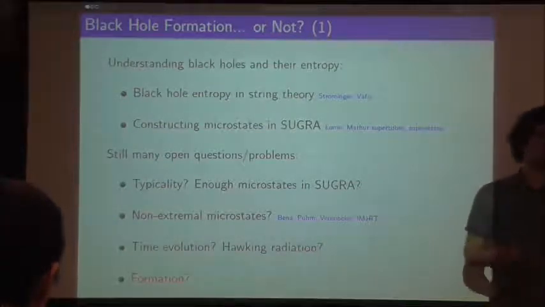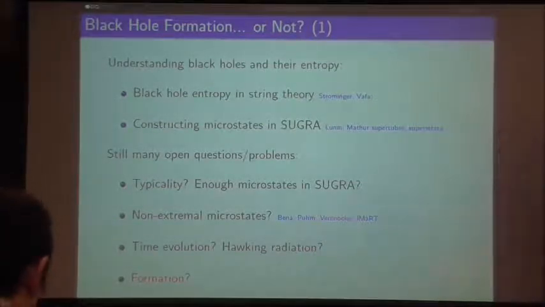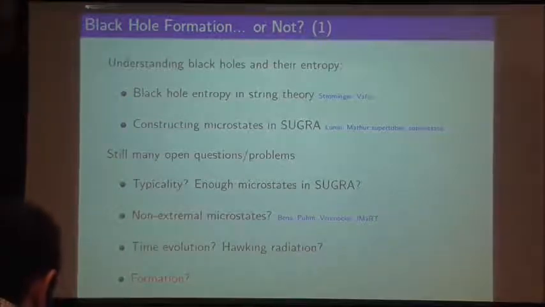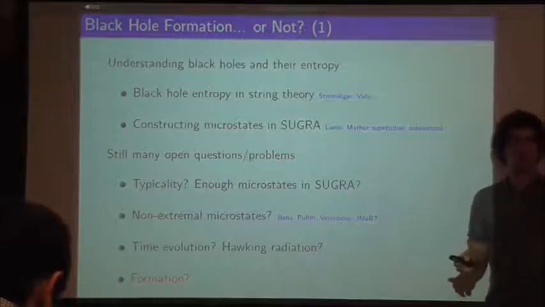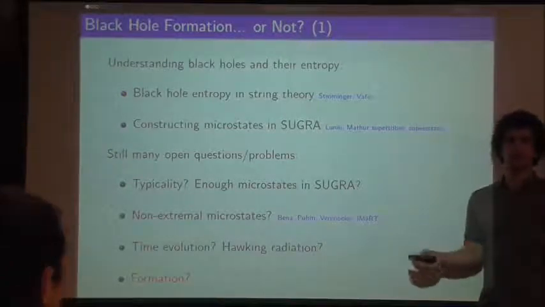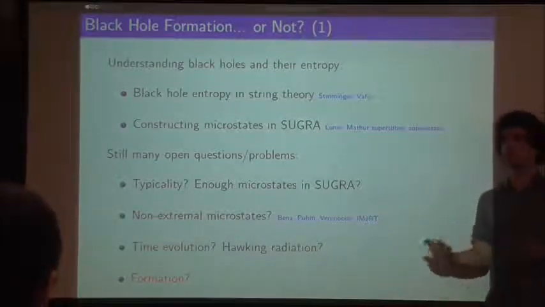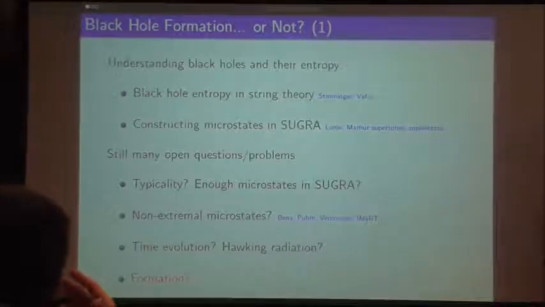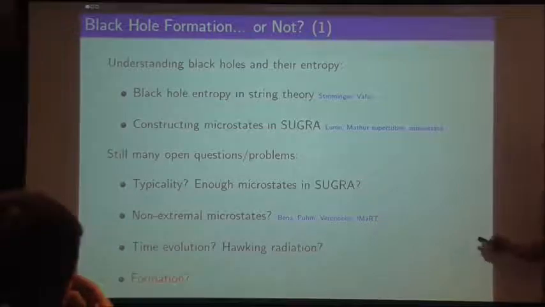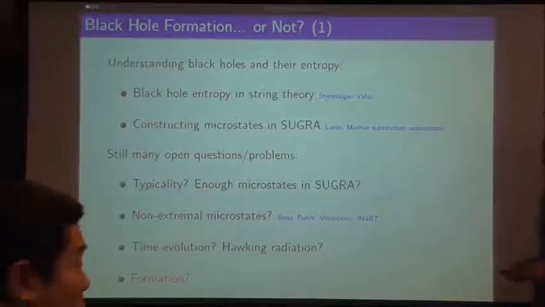Okay. So black holes, right? Black holes and their entropy have been a long-standing problem of gravity. As soon as Bekenstein and Hawking calculated the entropy of a black hole, there was a question, well, where does this entropy come from? If you have an entropy, you expect to have microstates that correspond to e to the entropy number of states, in a statistical mechanical way.